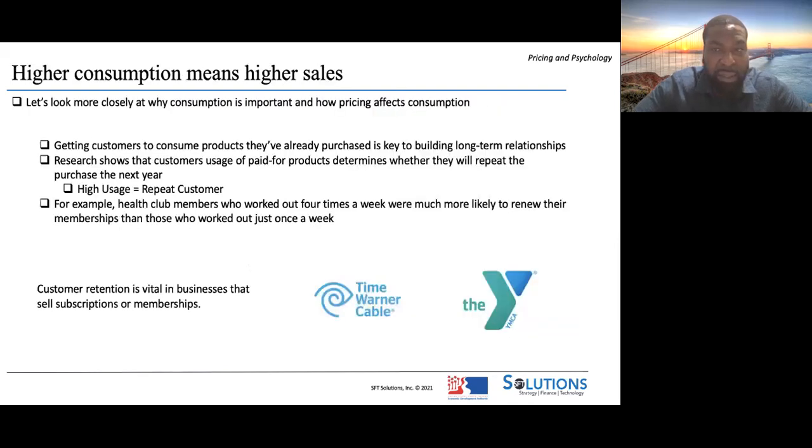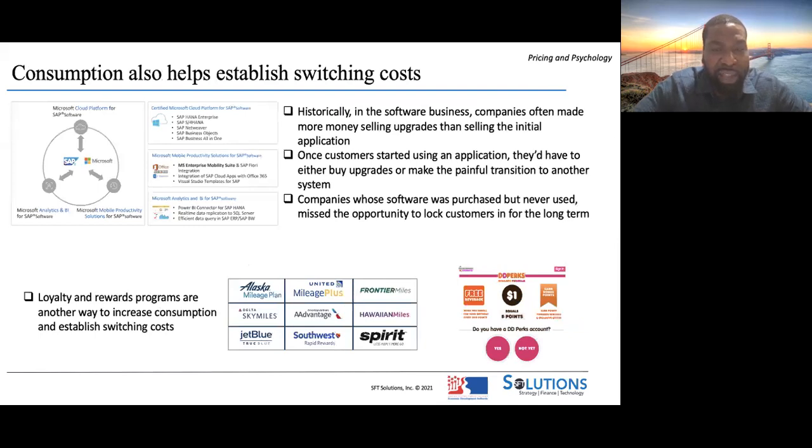Absolutely. So I found that fascinating as well. We are sort of creatures of habit. So if you get into the mode where you're going to the gym all the time, you're going to keep on going. And likewise, every time you part with that money every month, it's a little bit painful.